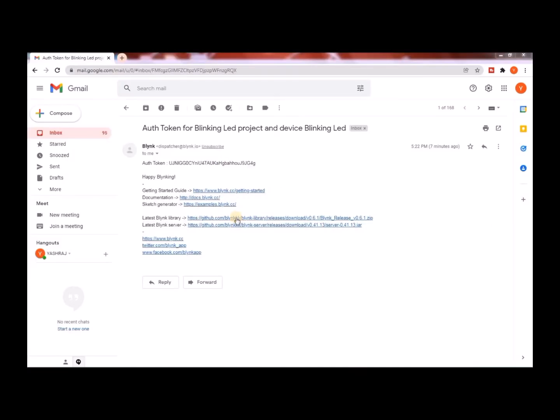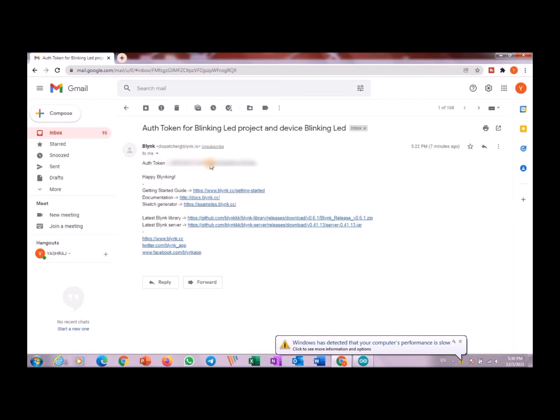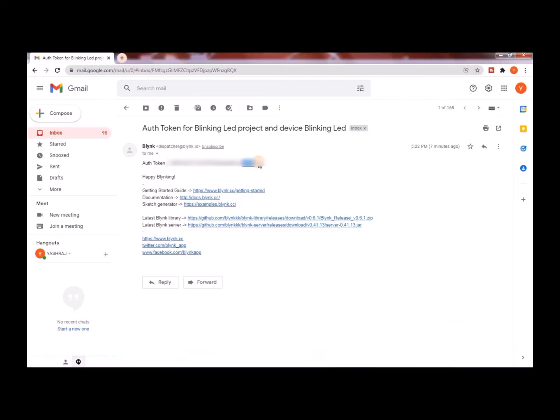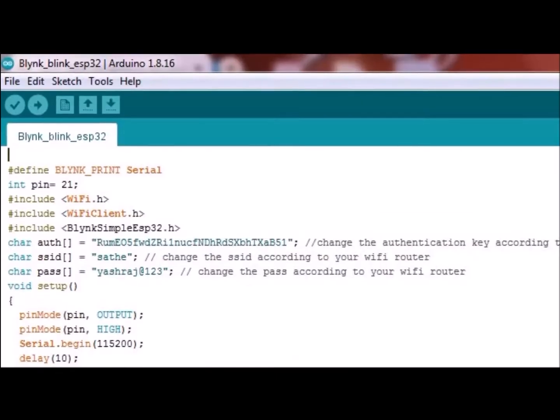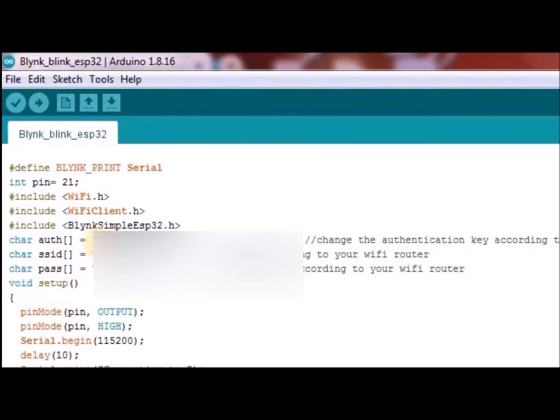Now we will be coding the ESP32 from our laptop. I have received the auth code from Blynk on my mail ID, which is important to connect the ESP32 with our project. Now we will copy this authentication code and paste it in our code.